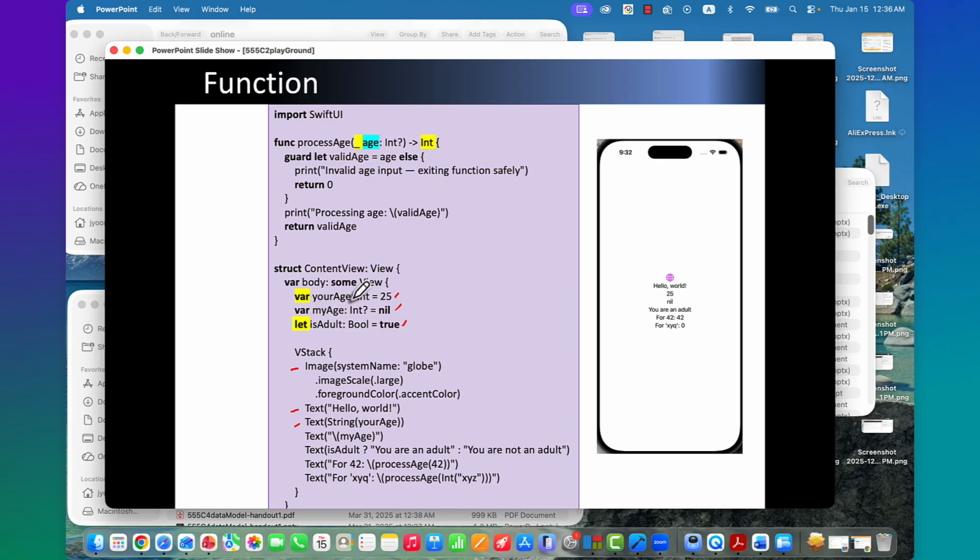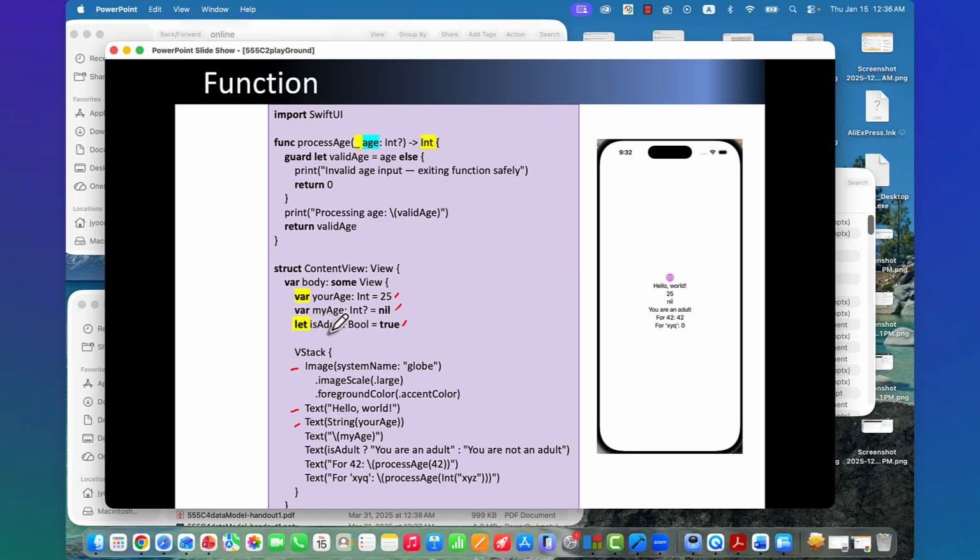It's colon Int. This tells you the type. And then we initialize it. Initially, it is 25. Although it is 25 initially, it can be changed because it says var. But if we say let, which is a constant, then it cannot be changed. It should always stay the same.